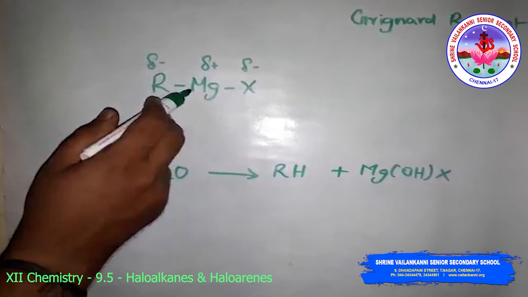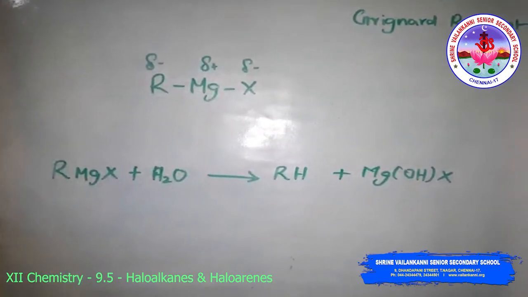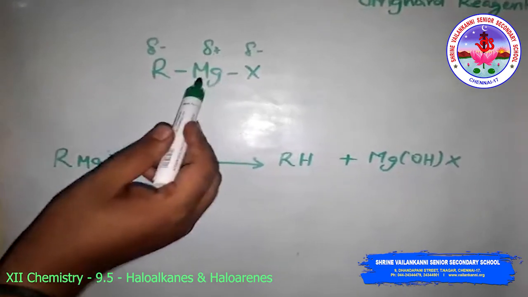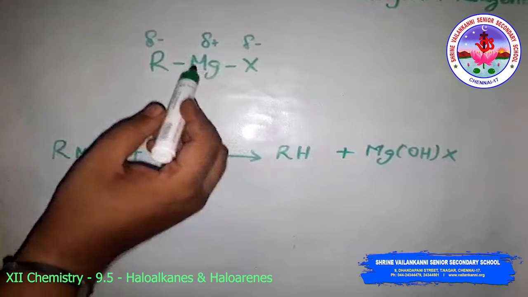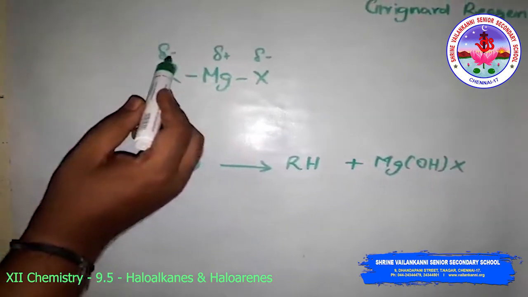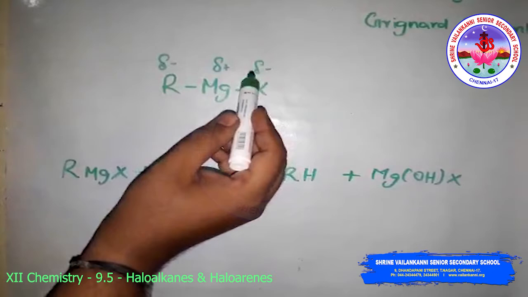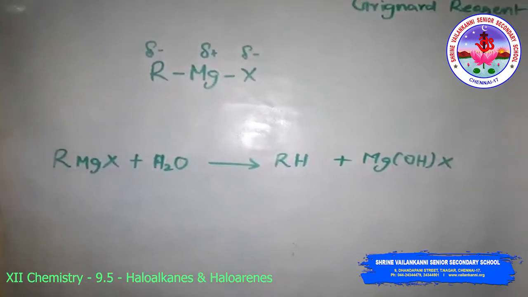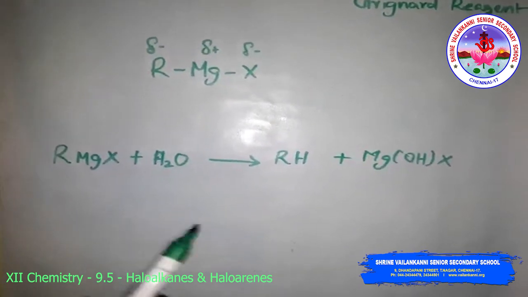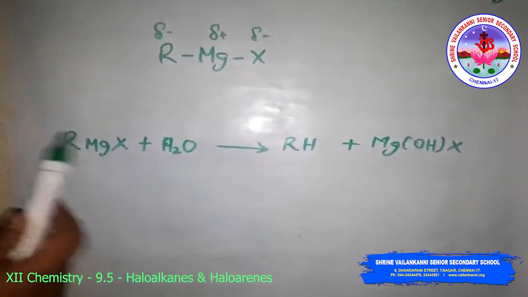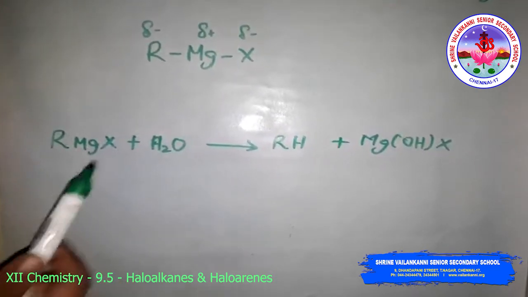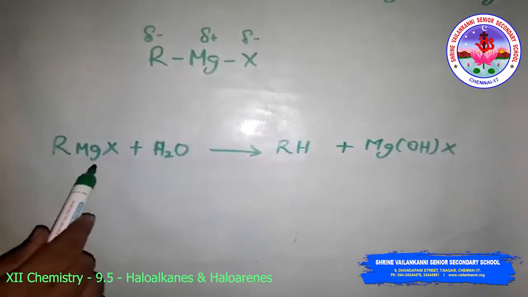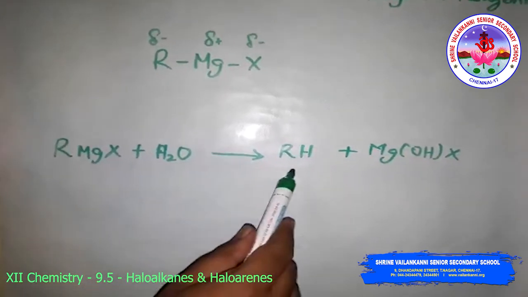with carbon pulling electrons from the electropositive magnesium. This is the electropositive magnesium. So the magnesium-halogen bond is essentially ionic. So this is partially positive and this is partially negative. Grignard reagents are highly reactive and react with any source of proton to give the hydrocarbon, even in water, alcohol, amines and so on. Here the RMgX, the Grignard reagent, reacts with water to give the hydrocarbon.